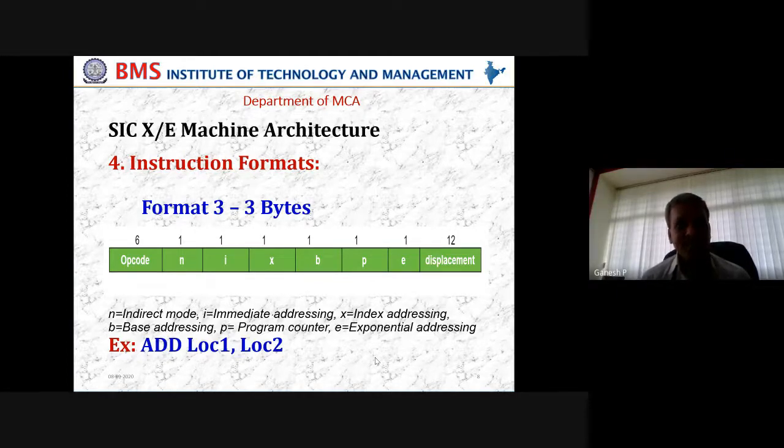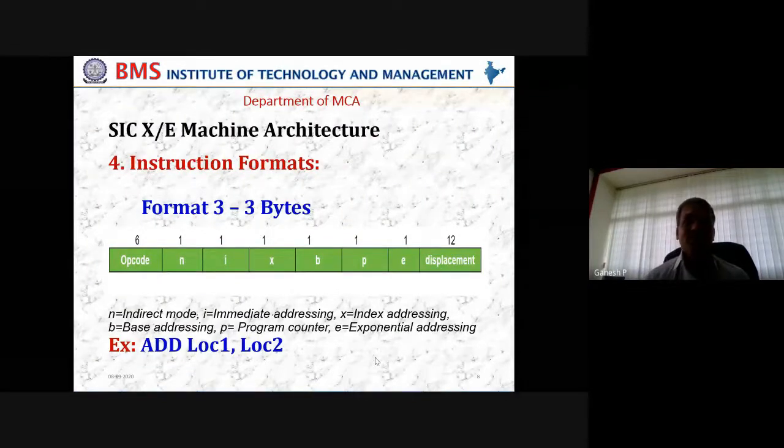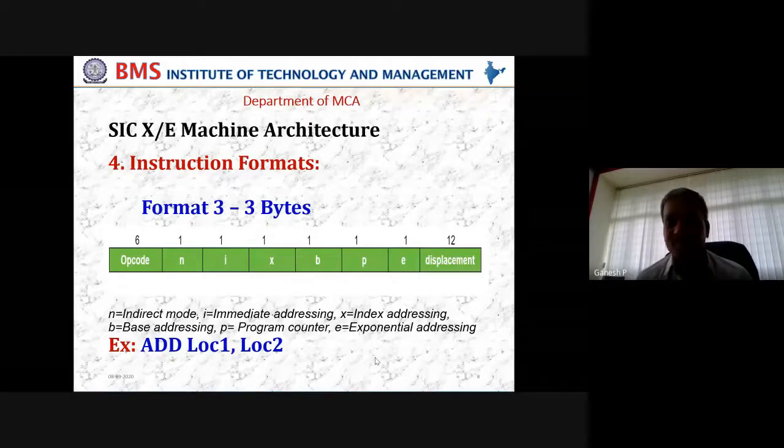Next value will be 5000 plus 2 plus 2. Next value will be 5000 plus 2 plus 2 plus 2. Like that, you keep on adding 2 if it is an integer. You keep on adding 4 if it is a floating point value. Like that, we have the various values being taken away from the base address. So thereby, we can have an offset or a displacement.